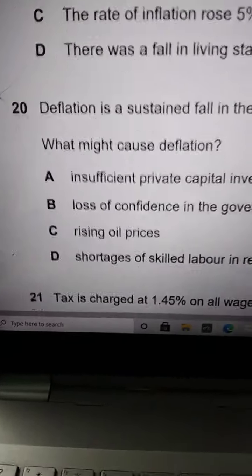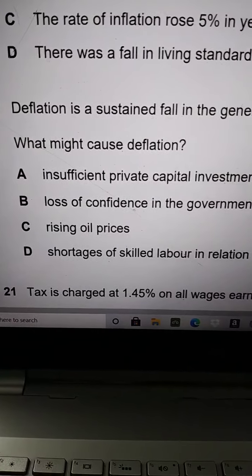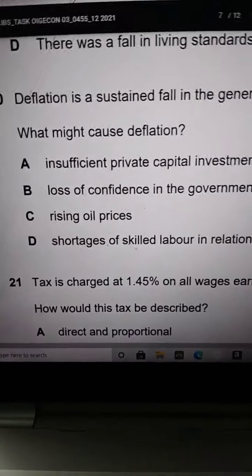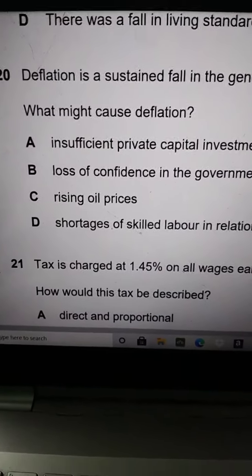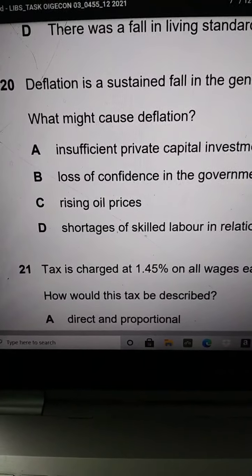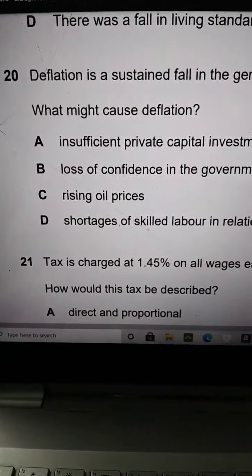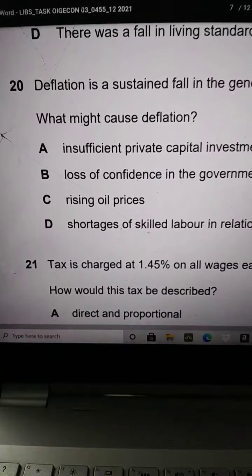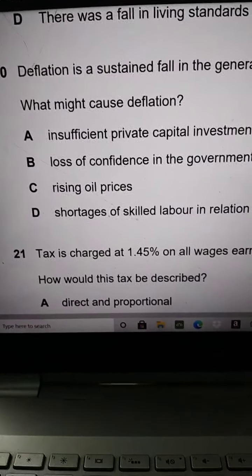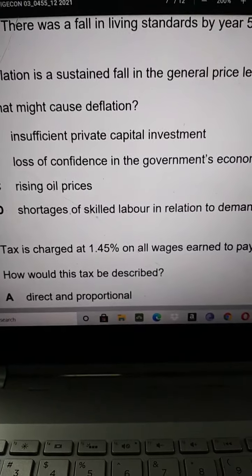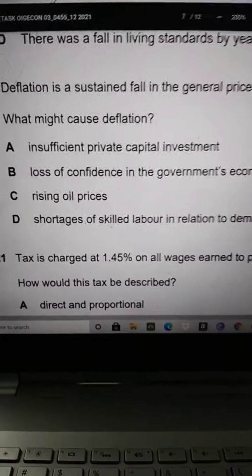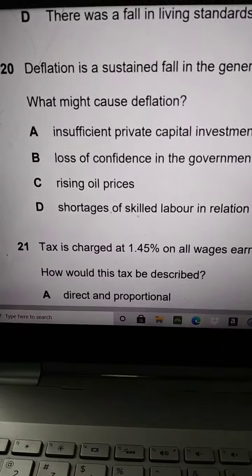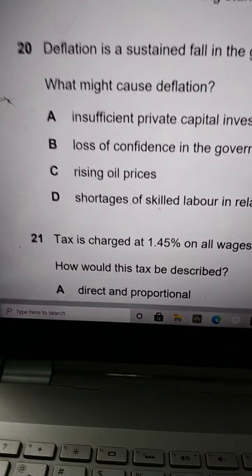Question number 20. Deflation is a sustained fall in the general price level. What might cause deflation? Deflation is the persistent decrease in the prices of goods and services, opposite of inflation. So deflation is generally caused by different factors. For example, the consumers basically show lack of interest in buying the goods and services, and the consumers are not purchasing the goods in the economy. They have kept their expenditure very low, and this is because of the fact that maybe there is a loss